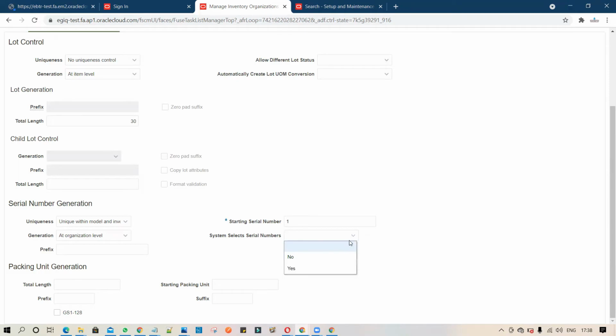So if you want the system to select the serial number automatically while picking, you can select that. You can set the total length, the starting packing unit, as well as the prefix and the suffix. And then if your organization is willing to use the GS1 128 code, you can enable it.